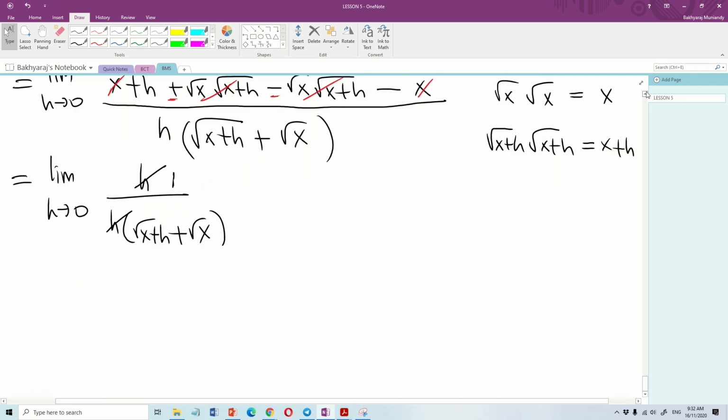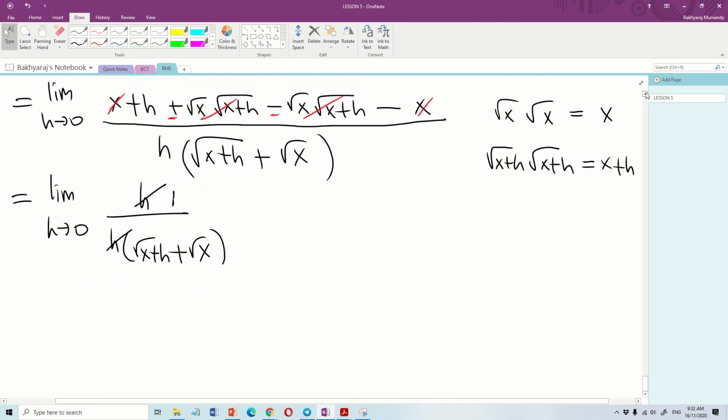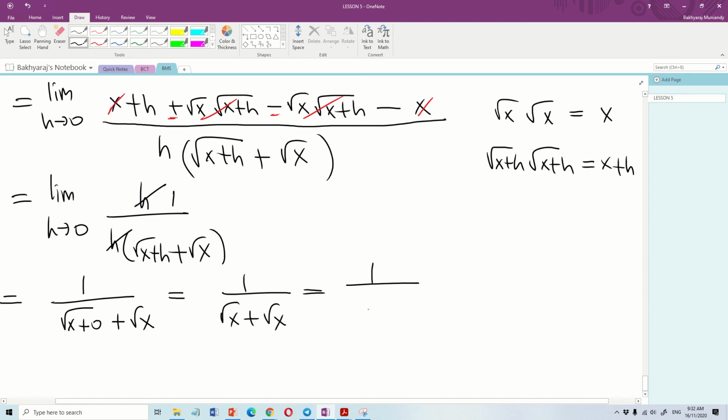Okay, bila masuk kosong. So bila masuk kosong, dia akan jadi apa? Dia akan jadi sama dengan 1 over square root x plus 0 plus square root x, which give you 1 over square root x plus square root x adalah sama dengan 1 over 2 square root x. Okay, this is what exactly